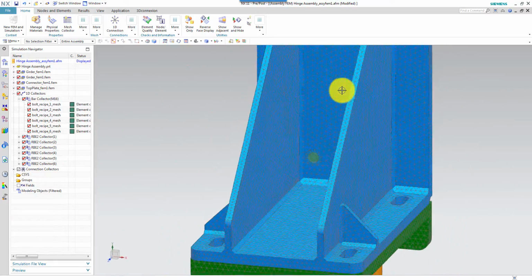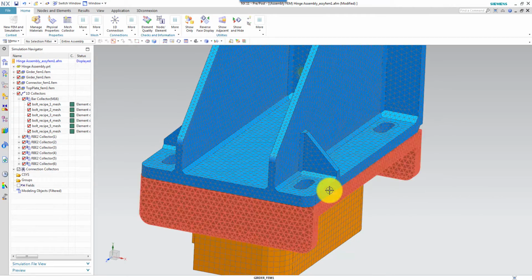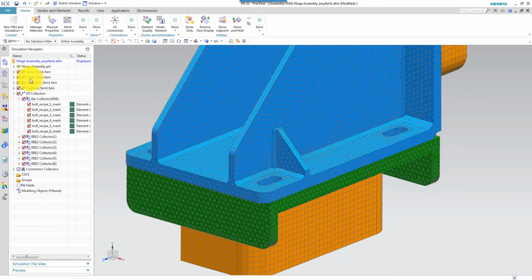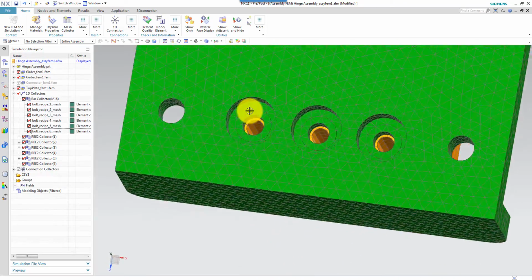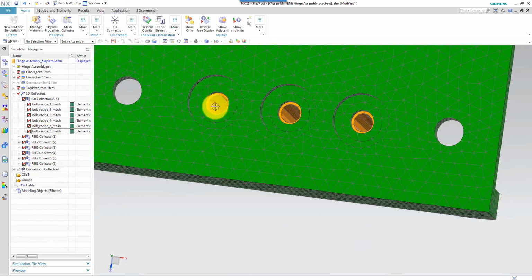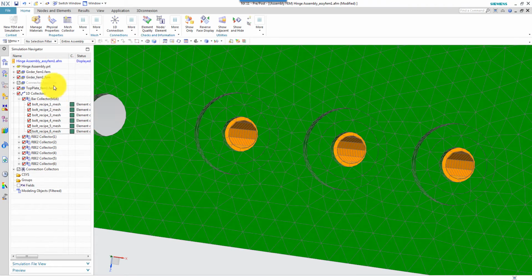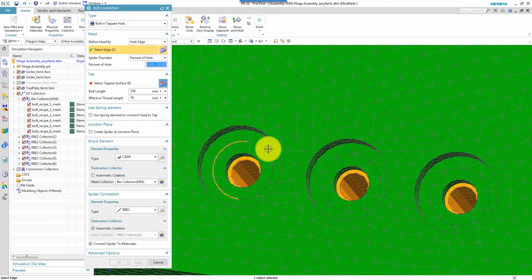So that's 6 of the bolts, but I also have to create bolts between the top plate and the vertical girder. So now I will remove the connector, and then I will select these. I could also switch off the mesh to make the display a bit nicer. I go back to my menu, bolted connection, and now, yeah, it's the same type of bolt, bolt in tapped hole. So I choose this edge,